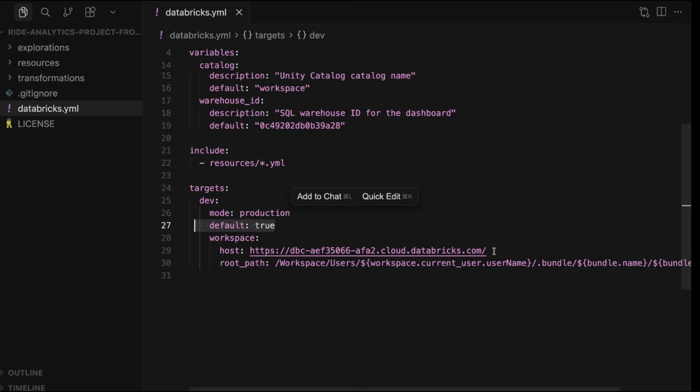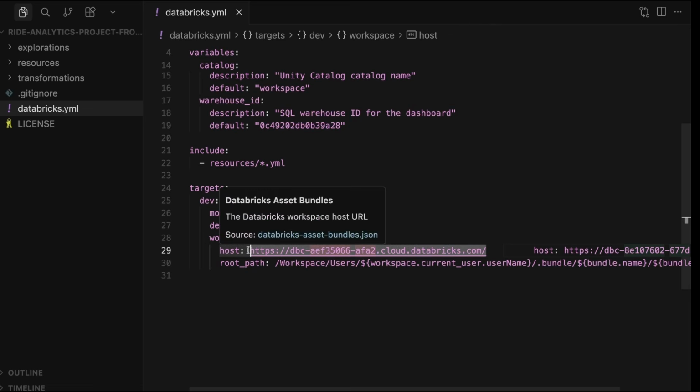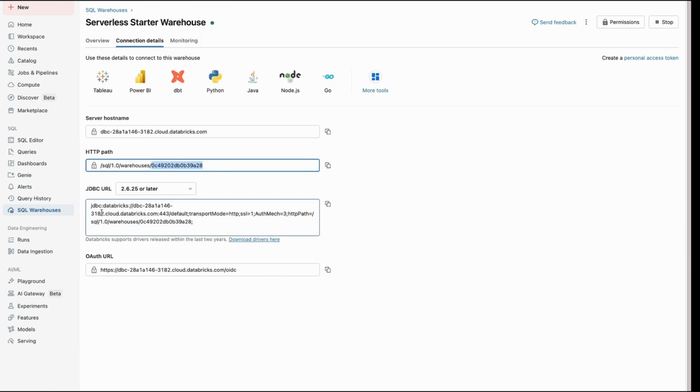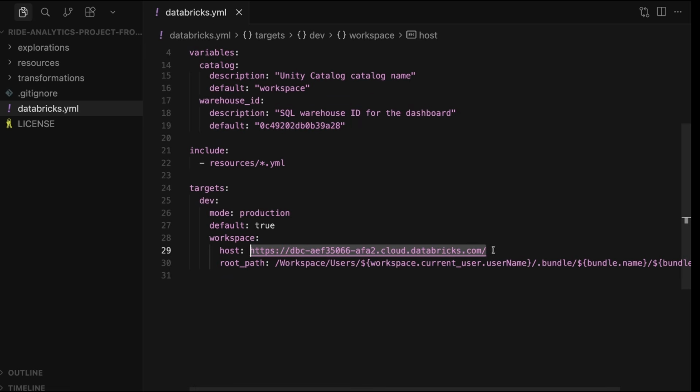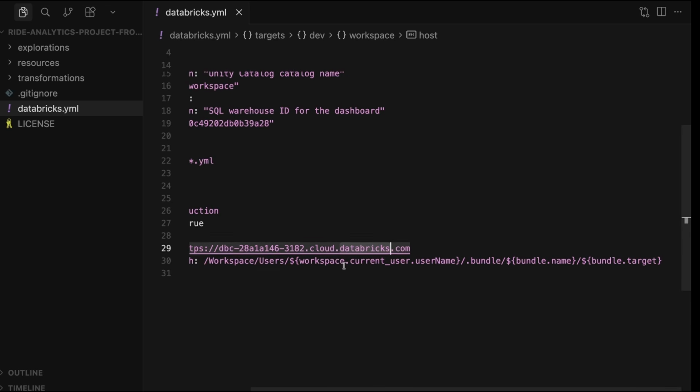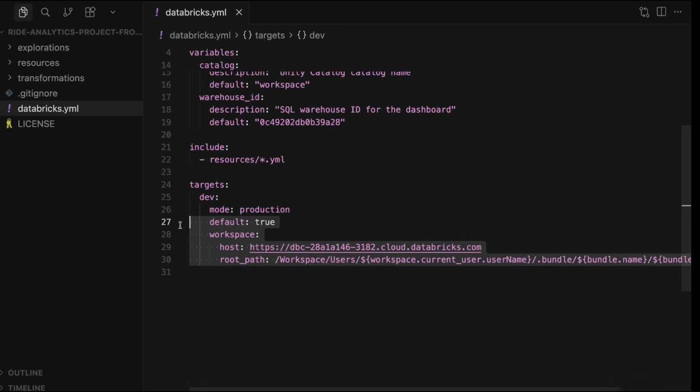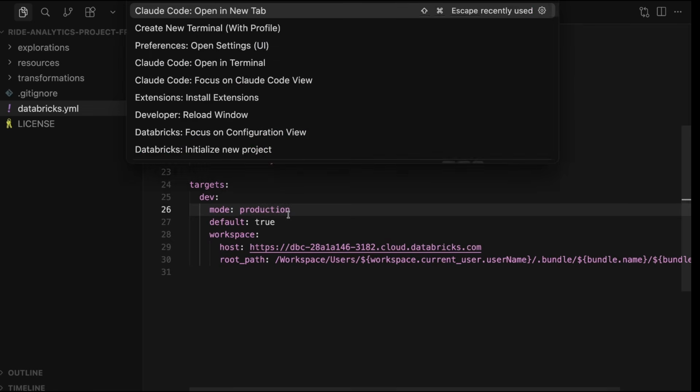And this is where you will give the workspace URL, so I'll just copy the workspace URL. And the root path is basically the placeholder where you want to deploy these files, right? But before that, we want to